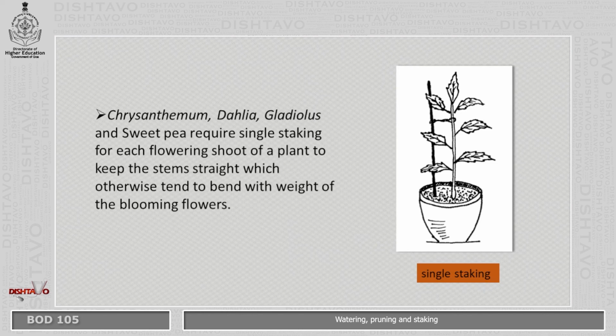Chrysanthemum, dahlia, gladiolus, and sweet pea require a single staking for each flowering shoot of the plant to keep the stem straight, which otherwise tends to bend with the weight of the blooming flowers.